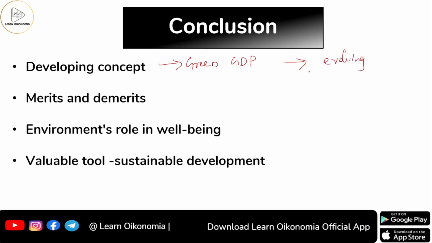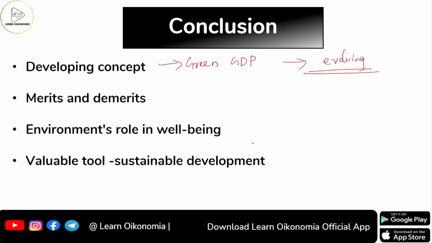Every day we learn about some kind of natural disaster nowadays, and all these are happening as a result of the kind of damage that we had created on the environment someday or the other. So we have to ensure that at least from now onwards we are protecting the nature. Definitely this green GDP measure will take into consideration the depletion and deterioration that we have created in the nature. But that doesn't mean that green GDP doesn't have any demerits. Definitely it has both merits as well as demerits.